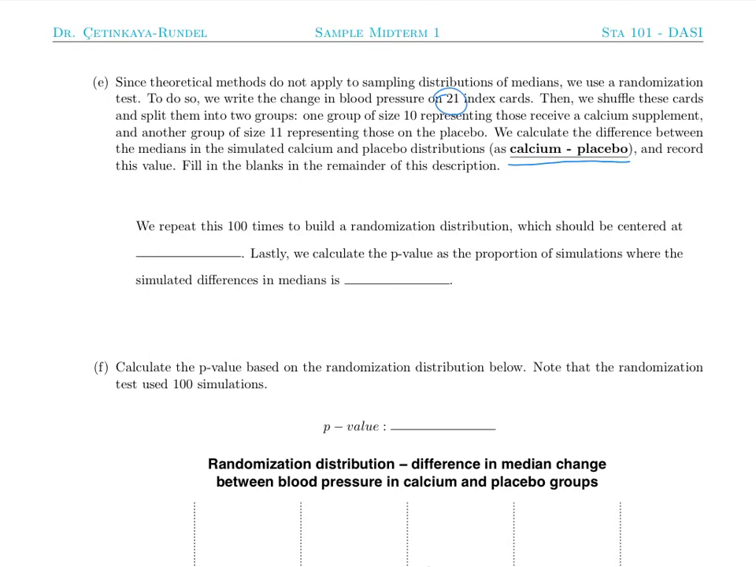So then we record this value. We find that difference and we record this value. And it says we repeat this 100 times to build a randomization distribution, which should be centered at what? Where does that 0 come from? The null hypothesis. In the null hypothesis, we're setting the difference between our medians equal to 0. And we do a hypothesis test assuming the null hypothesis is true, so that should be the answer. Lastly, we calculate the p-value as the proportion of simulations where the simulated difference in medians is